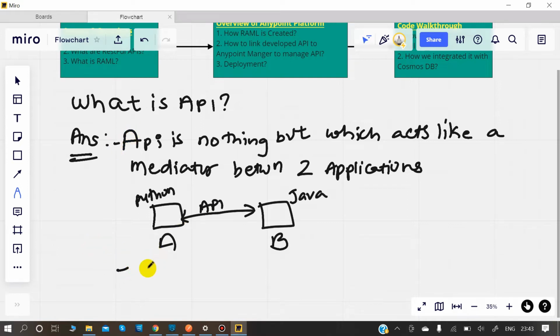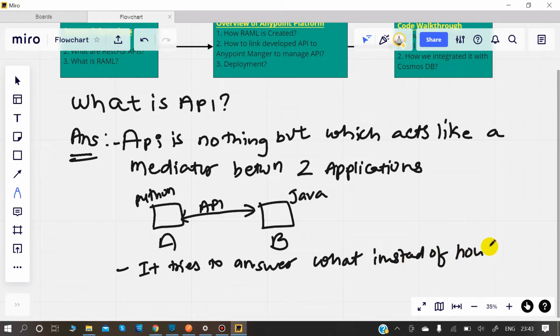The second point I would like to talk about is that it tries to answer what instead of how. Let me give you an example.